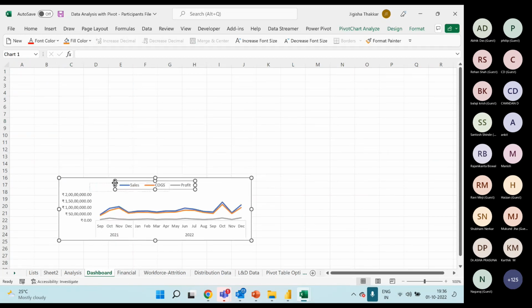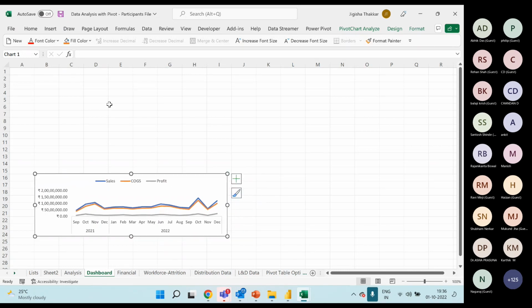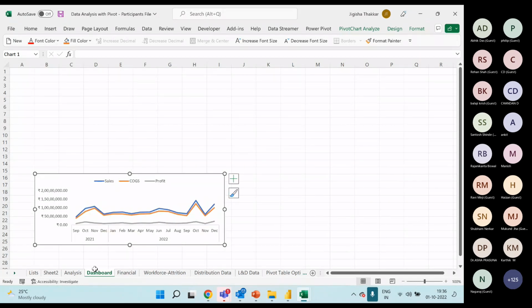So let's say I want it at the bottom here. Okay, this is the way that I put it. We will keep on adding different items here, and then we will try to create the final dashboard. So this is one chart, one table, one element of dashboard that we have created. Before I move on,